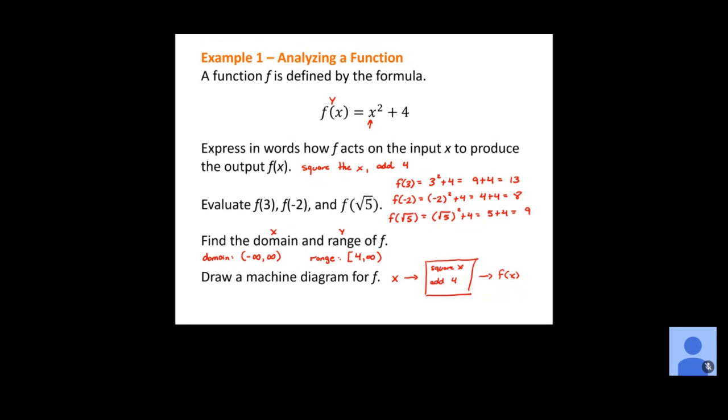But again, the middle two pieces there are the big ones, right? Those are the types of things I might ask you on a test: evaluating a function at a specific point, and then also finding domain and range of a function. We'll spend a lot more time on domain and range, right? So even if it's not 100% clear yet, we'll do a bunch more functions with that.